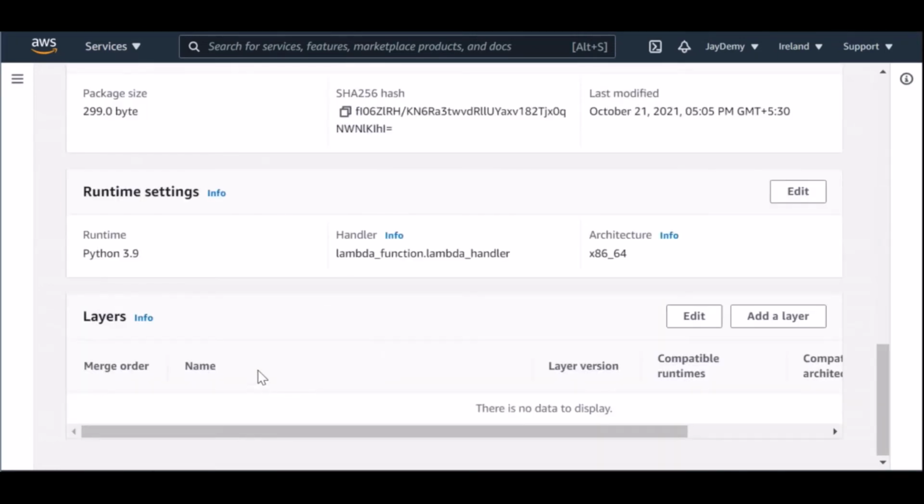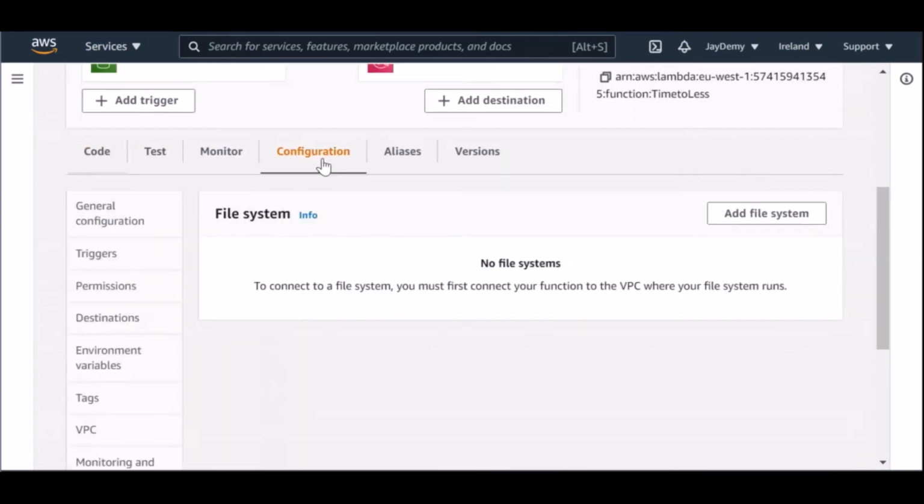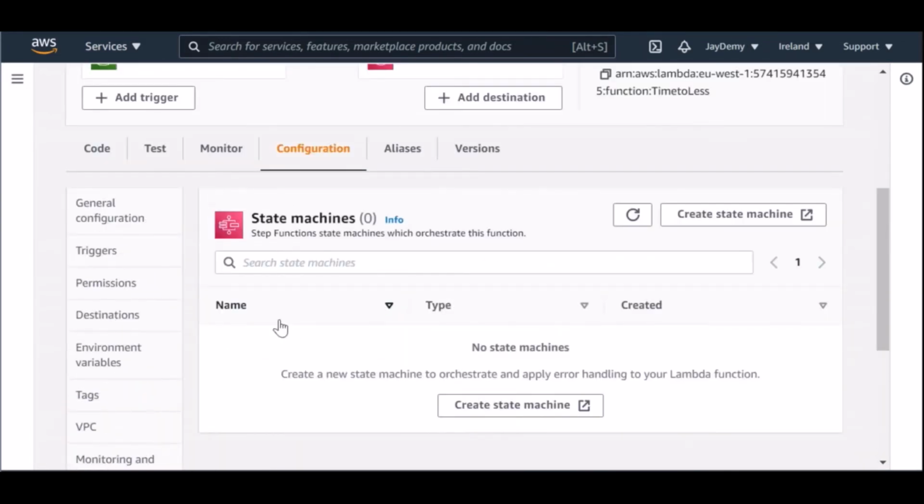The last option is state machine. In the configuration, state machine is basically to orchestrate our Lambda functions. Assume you have 10 Lambda functions to run one by one, and you don't want to invoke or trigger each manually. In a scenario where you first want to trigger one Lambda function, and once it completes, execute another Lambda function, that is where the state machine, which is nothing but Step Functions in AWS, will orchestrate our Lambda functions.